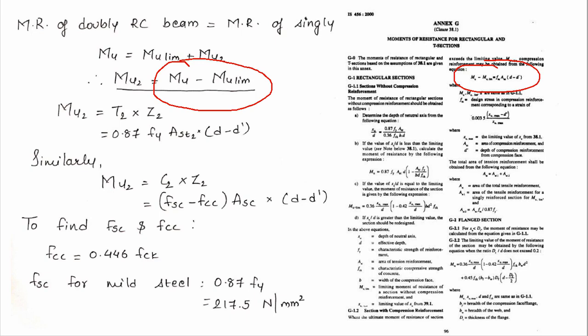Again, it is very important to keep this in mind. It is a printing mistake in our code. Wherever you see the term FSC, you need to substitute there FSC minus FCC. Again, do not overwrite anything in your IS code. You just need to remember this, and we will be solving many problems, so with practice you can easily get through this. So wherever in the IS code you see FSC mentioned, you have to substitute the term FSC minus FCC.